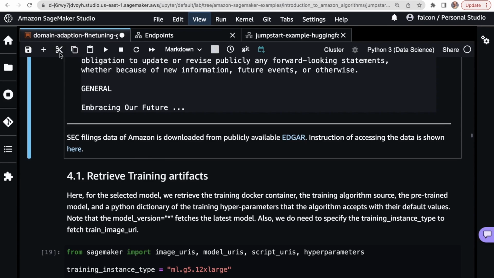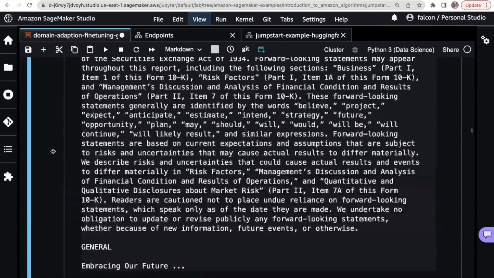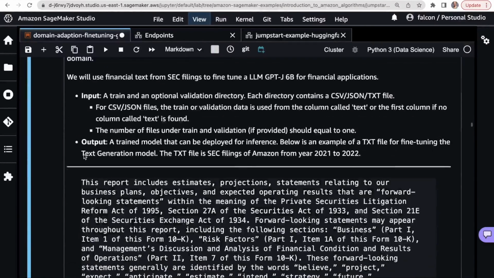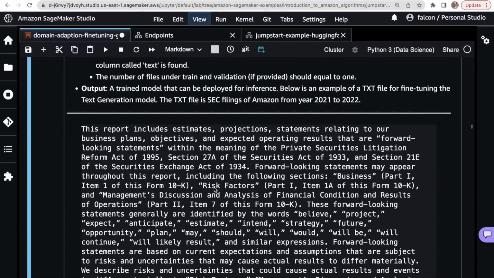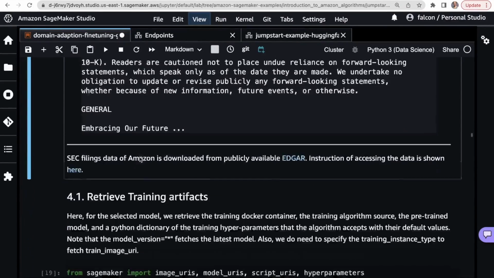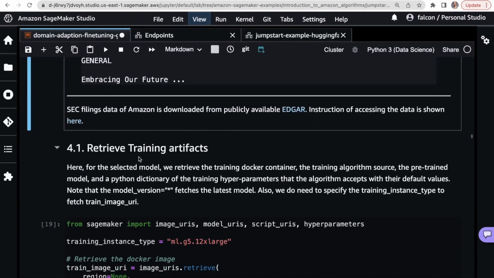So in NLP, we actually mean this as a continued pre-training. So this image is going to continue pre-training the GPTJ 6 billion parameter model on our SEC data. And so that's why we can do this without explicitly needing to label the data.